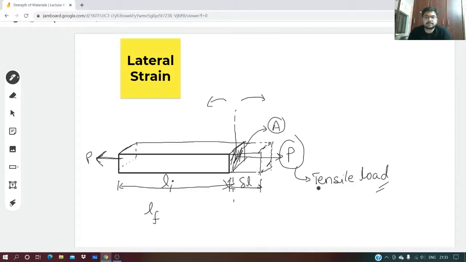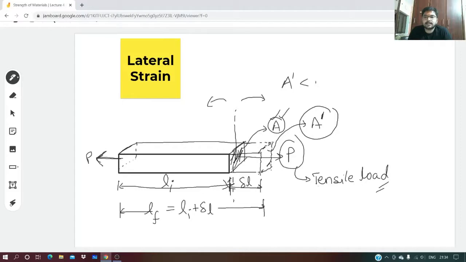Say the initial length was Li, the elongation is delta L, and the final length will be Lf, which is equal to Li plus delta L. Now why I said this is wrong is because this area that we are getting cannot be the same as the original area. Why so? This A dash will be less than A. Why? Because